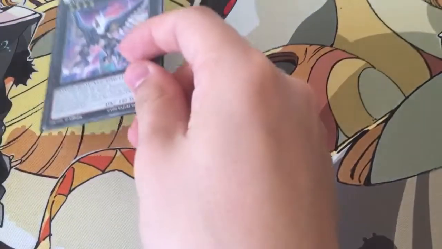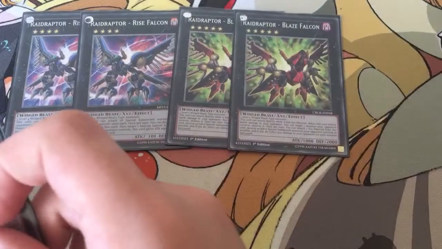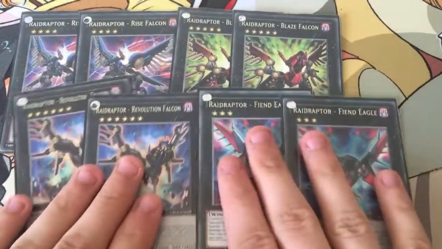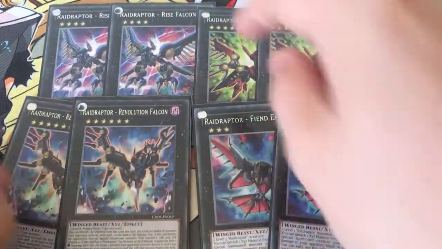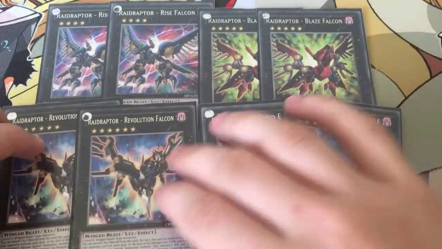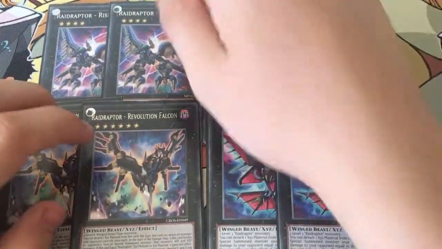Now for the extra deck. So 2 Rise Falcon, then 2 Blaze, 2 Revolution, and 2 Fiend Eagle. So pretty much 2 of each until I get the new Raidraptor XZs, and then I might go 2, 2, 2, none, or something like that, but hey, for now. So Rise Falcon,